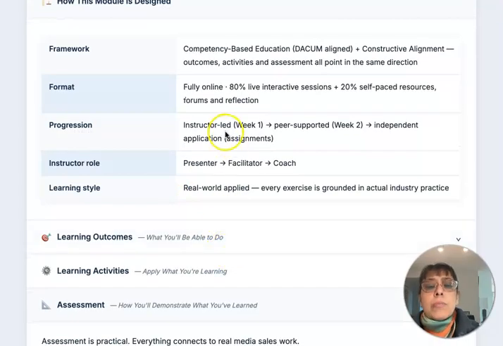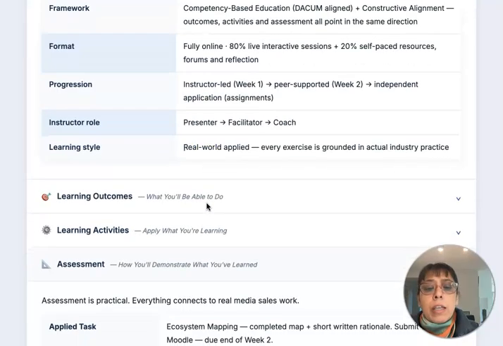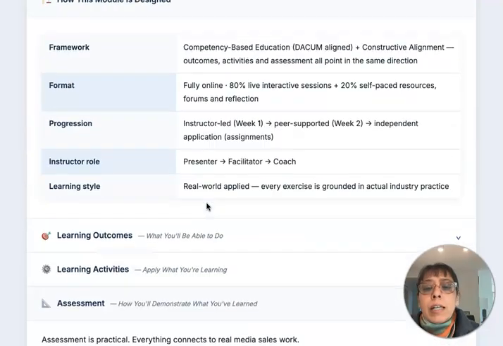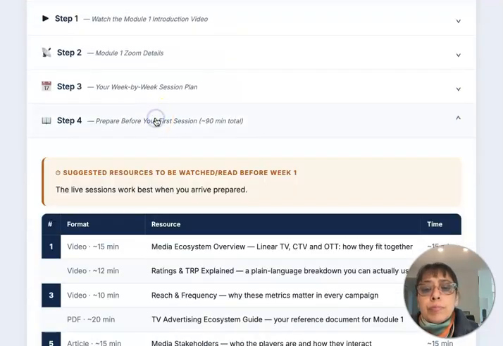It starts with being instructor led, then it is peer supported, and then learners are expected to be on their own. The instructor role moves from presenter to facilitator and coach, and the learning style is real-world application so that they apply their learnings on the job as of yesterday. Then we move to learning outcomes,